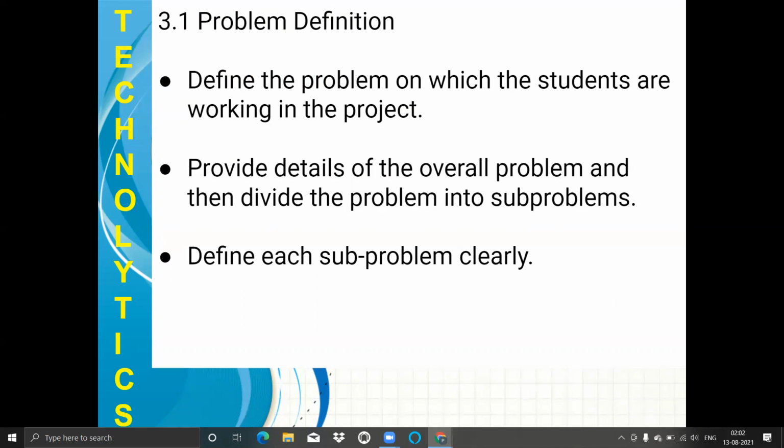So you have to divide it properly and then at last you have to define each sub-problem clearly. In this topic, 3.1 problem definition, we are going to majorly focus on the problem of the client, the problem of the customer, what problem they are facing, and because of that, they are asking us to develop a project.